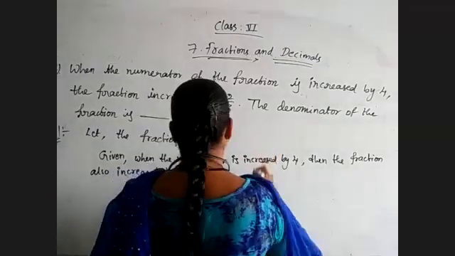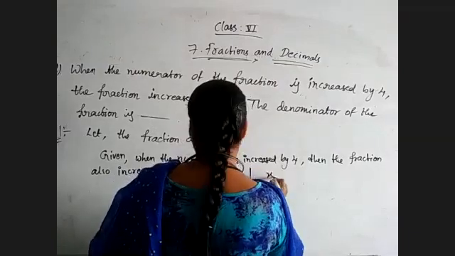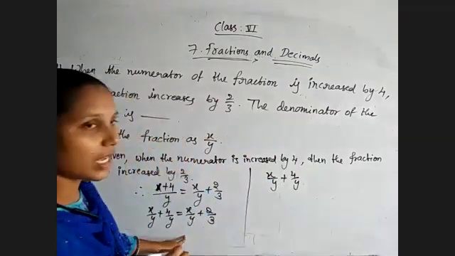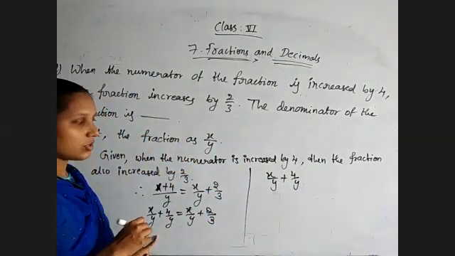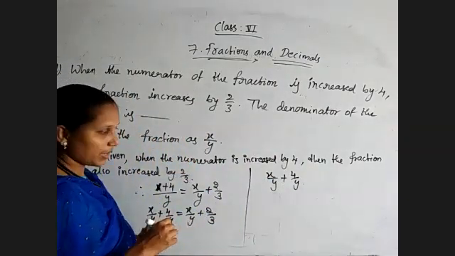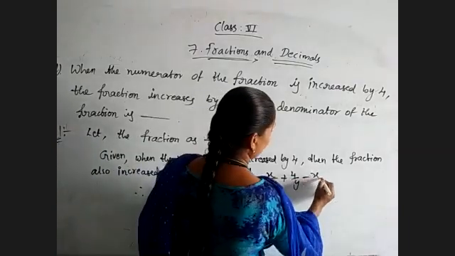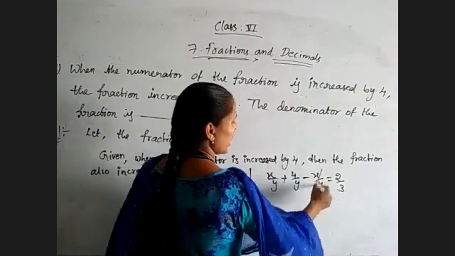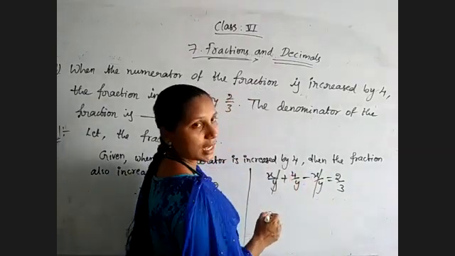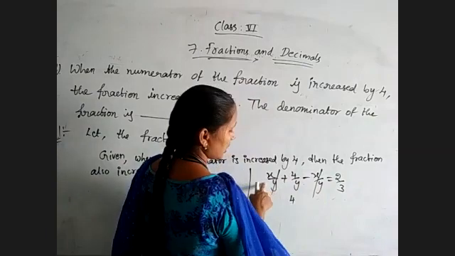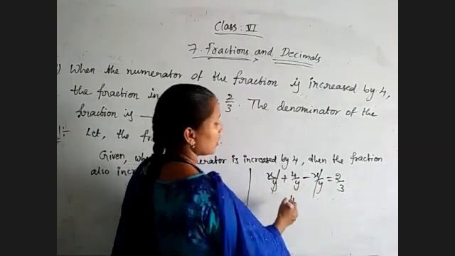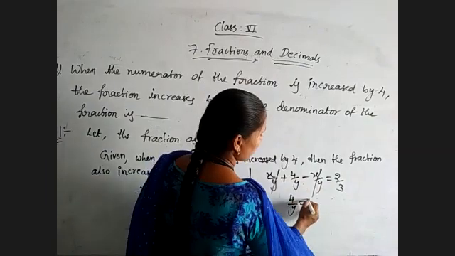Now what will I get? Bring all x terms to one side. x by y plus 4 by y. This x by y I'm also bringing to the left side, so plus x by y is there. By bringing this side, minus x by y is equal to 2 by 3. So x by y will get cancelled. The remaining terms: plus 4 and minus 4 both cancel. So 4 by y will be equal to 2 by 3.